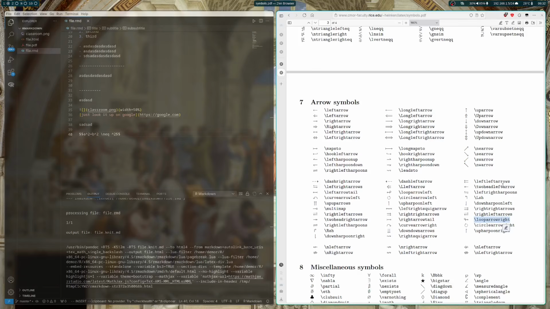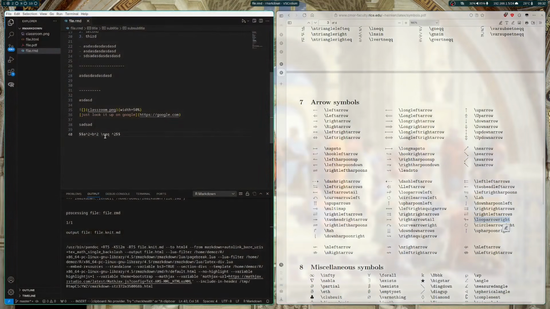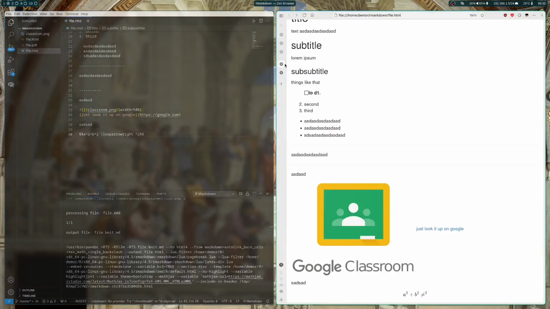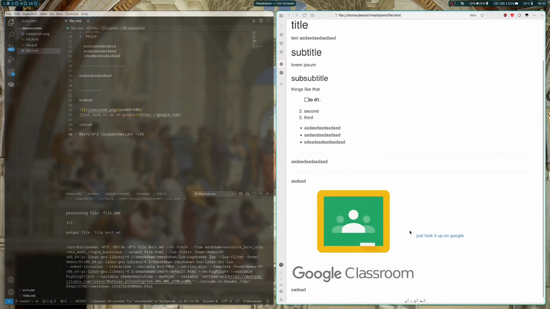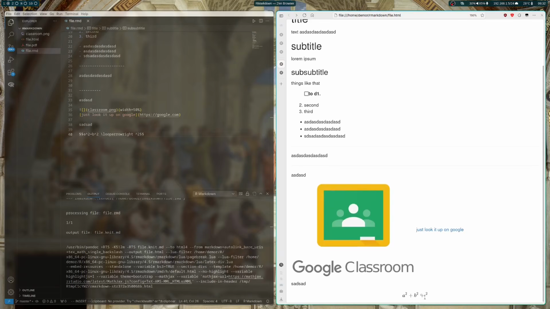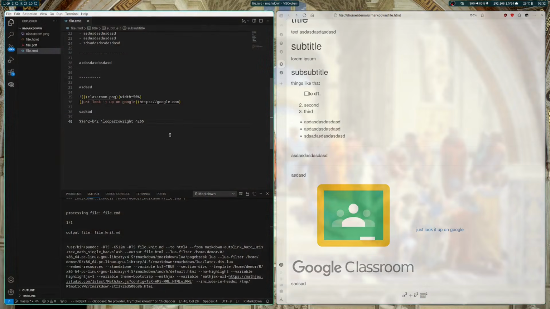And you can even do a loop arrow right. I never used it, to be honest, but you'll just see it is this symbol right over here, just in case you ever happen to need it. But yeah, sure, you can write formulas, you can do all of this stuff, but